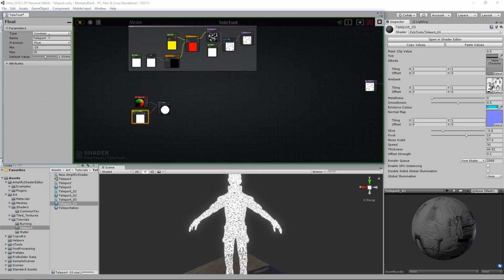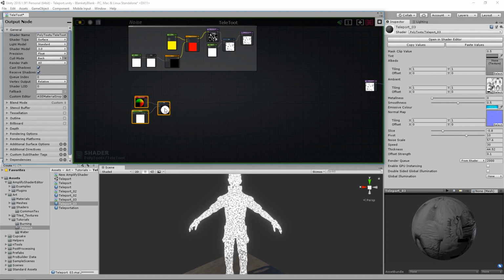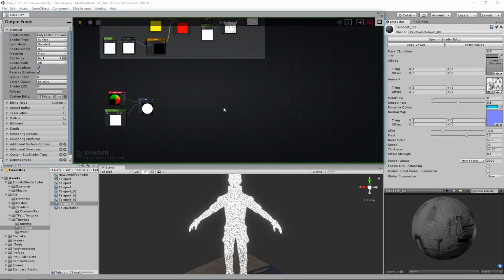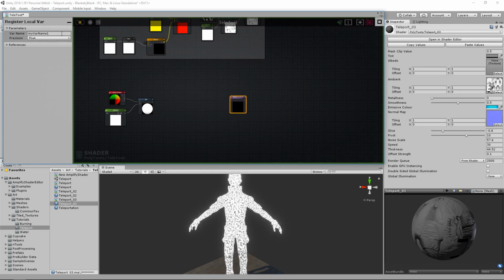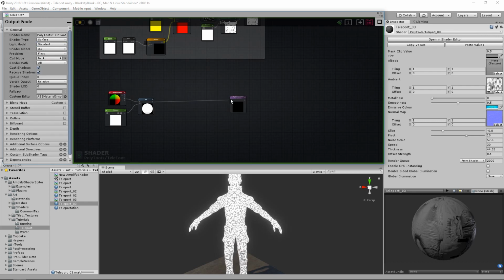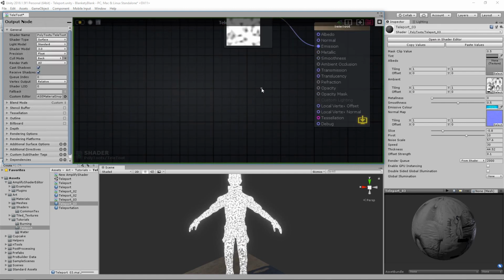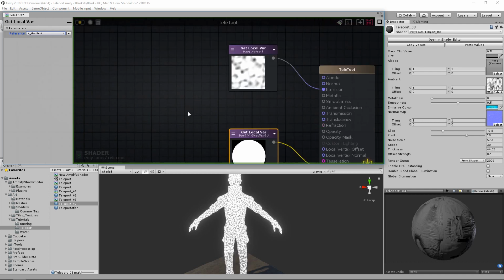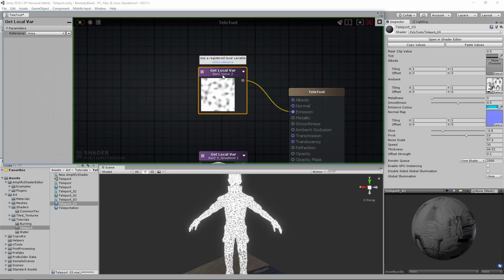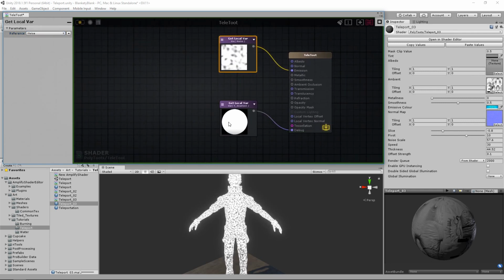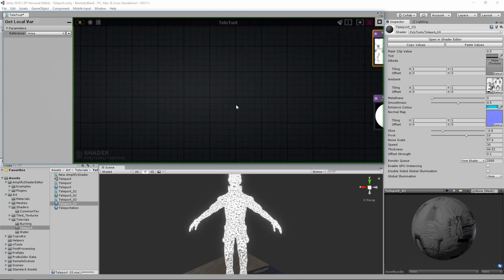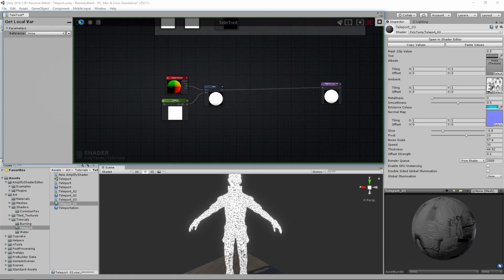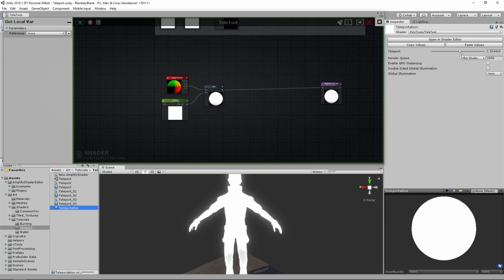And so if we make this into a property, and in fact, let me just pop down another register, and we'll call this one Y gradient, and we'll hook that into there. So if we do get Y gradient, and for now I'm going to stick it into debug. This one won't go into the emission. Sorry, the noise won't go into the emission. The noise will eventually connect to other bits, but for now we'll just plug this one into debug, so it is the only thing that shows up, and we'll hit apply. So now my teleportation, hopefully,